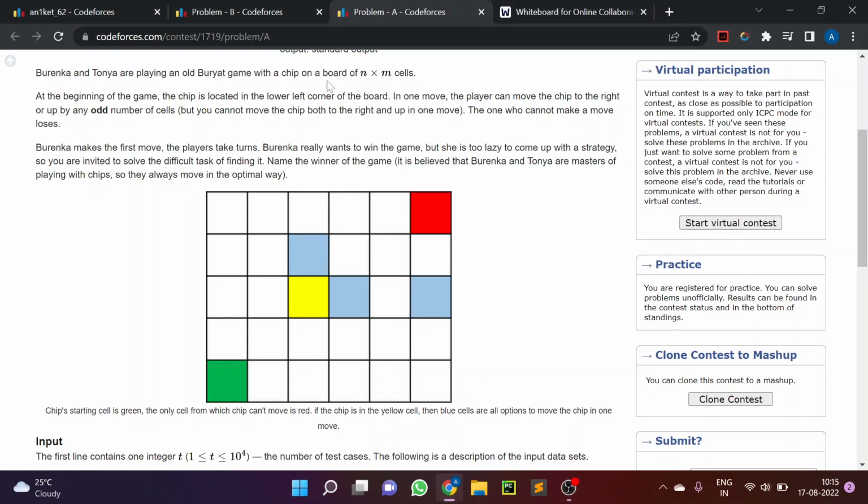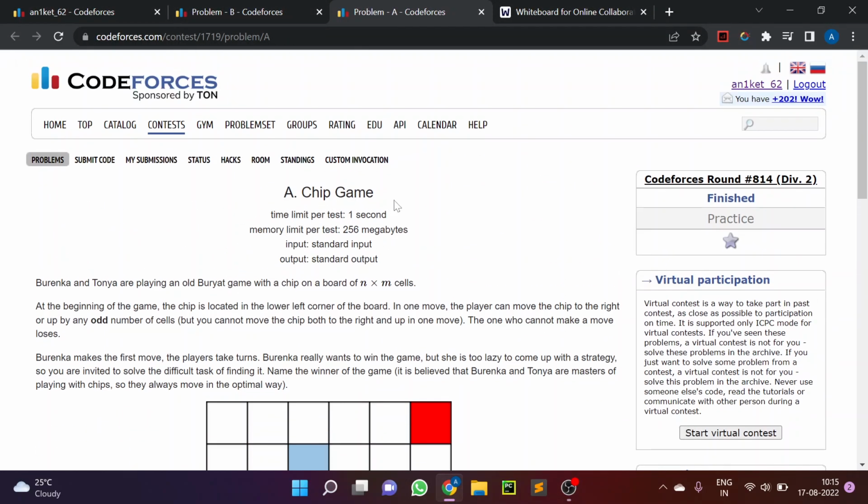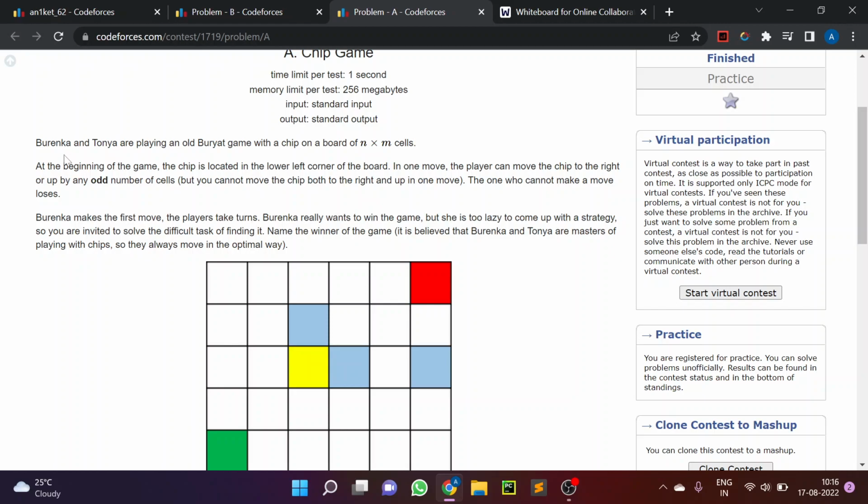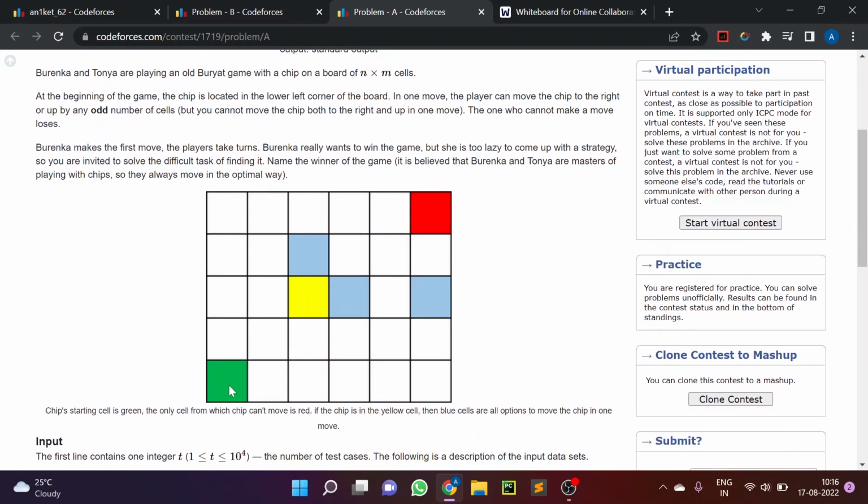Hello everyone. Today we will see the first solution of the first two questions of Codeforces Round 814 Div. 2. The question is based on an n by m grid. B and T are playing a game, and at the beginning of the game, the chip is located at the lower left corner of the board, and in one move, the player can move the chip to the right or up by any